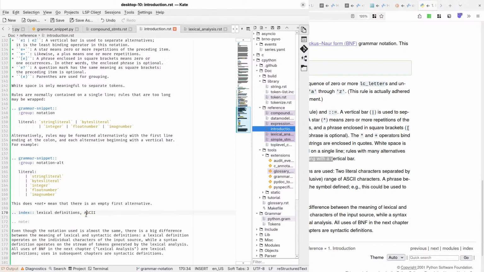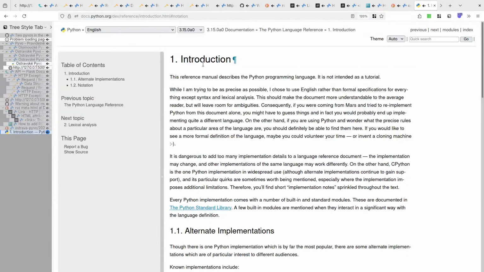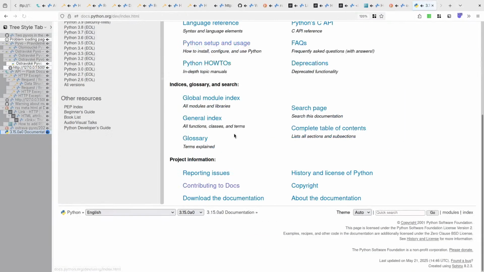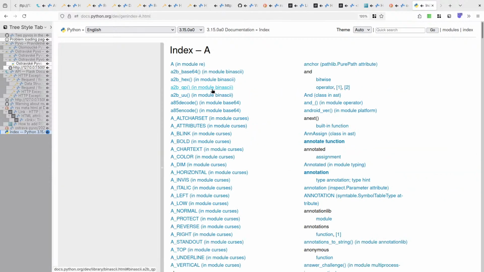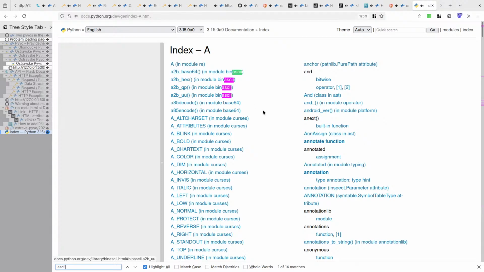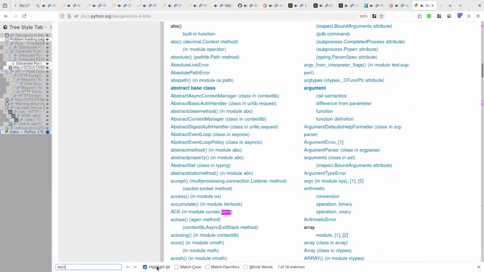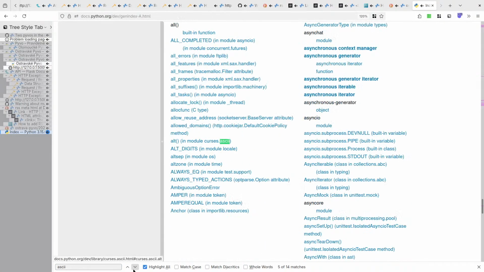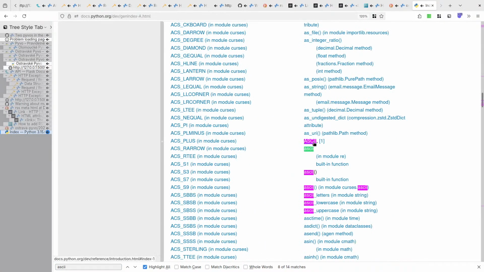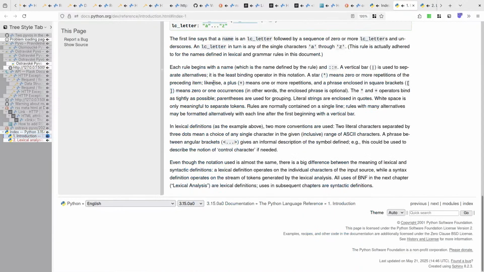Was there ever a definition of ASCII? Like we have this index. It says ASCII somewhere. Ooh. ASCII. Two definitions of ASCII.